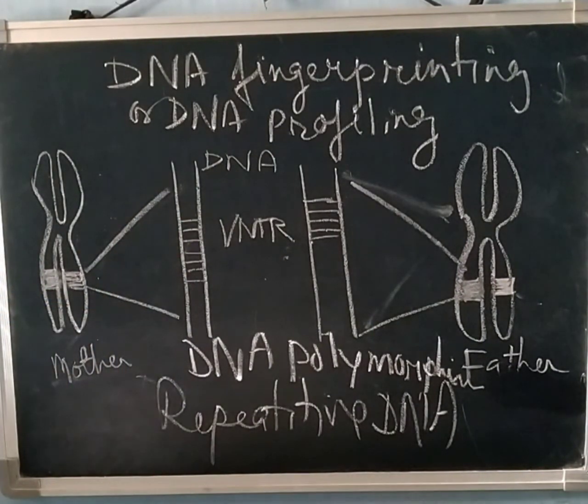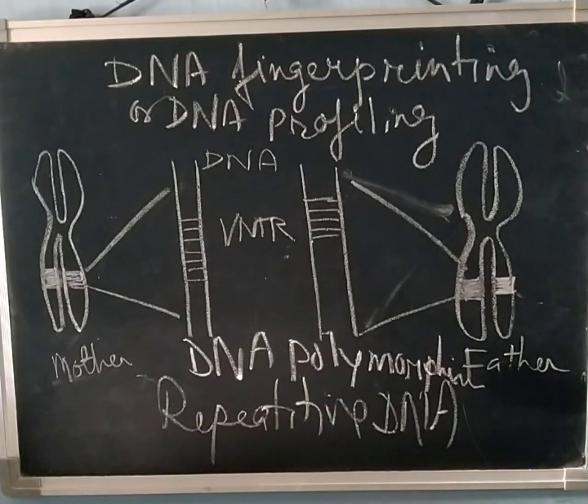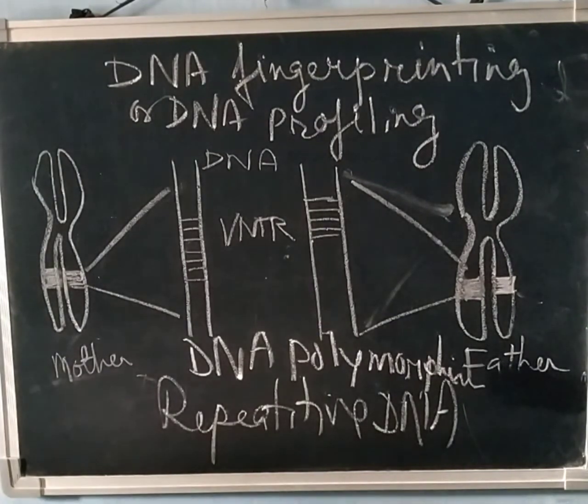DNA isolation: DNA is extracted from the cells at high speed centrifuge. Amplification: many copies of the extracted DNA are amplified. Digestion of DNA by restriction endonuclease, separation of DNA fragments by gel electrophoresis, Southern blotting technique, hybridization technique with a radio labeled VNTR, and autoradiographic exposure to X-ray film. So these methods are implemented while DNA fingerprinting is carried out.